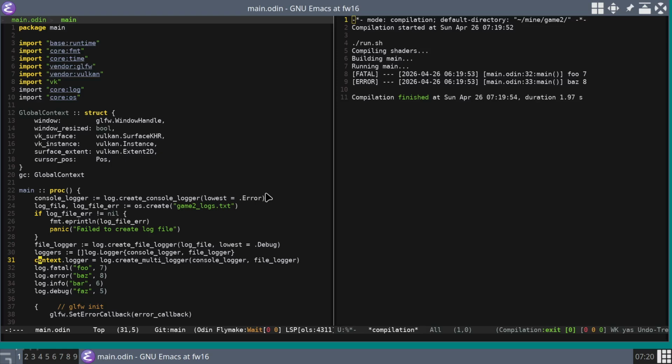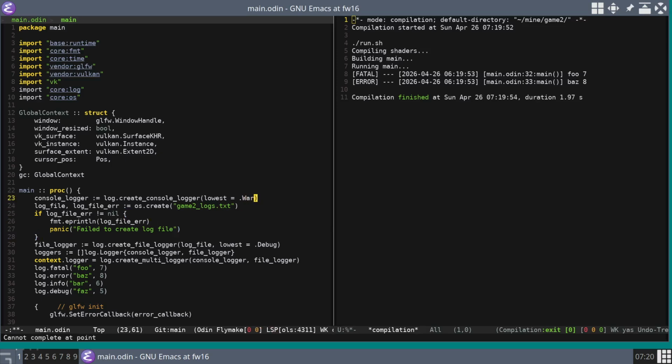Why did they get fatal error? I was expecting file logger to get me all of them. Do you take options? You don't take options. So what I was thinking is it might be nice to be able to have, I guess probably, console logger set to info and then the file logger set to debug. And then I could have